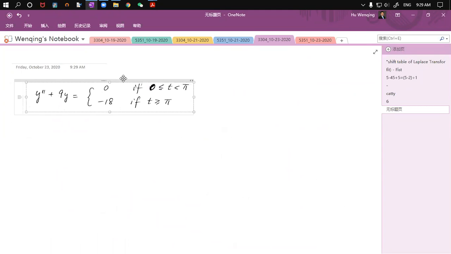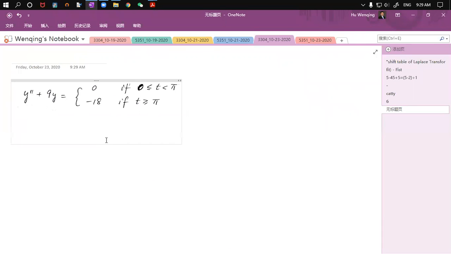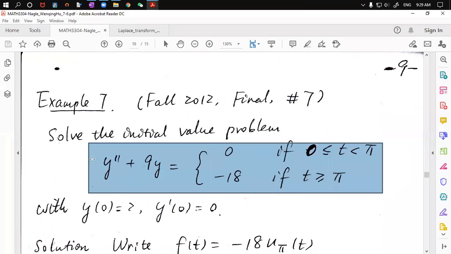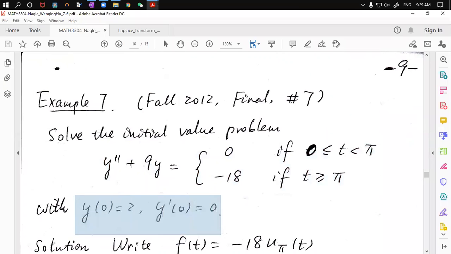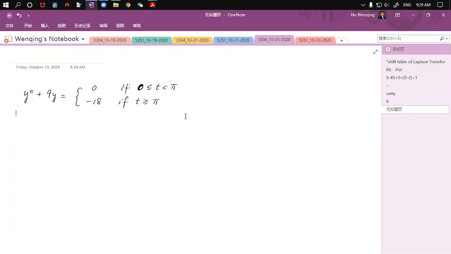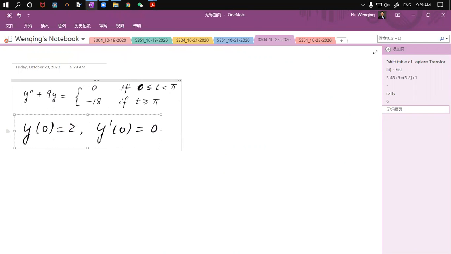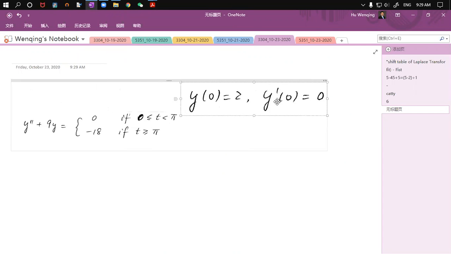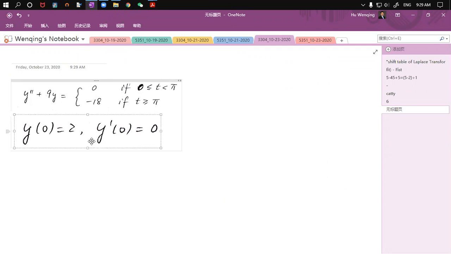Okay, so I would like to solve this initial value problem with the given initial conditions. What are these initial conditions? The initial conditions are y(0) and y'(0). These two values are going to be given, so those are going to be the initial values. So let's say